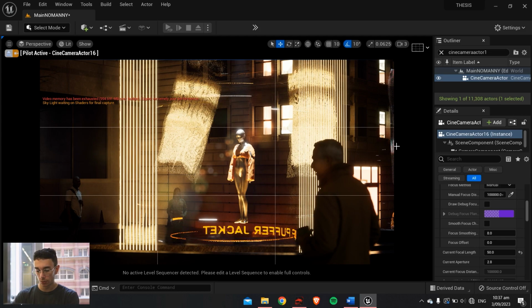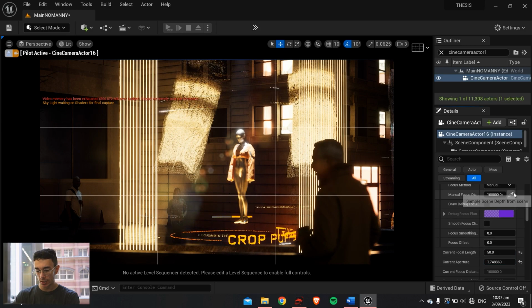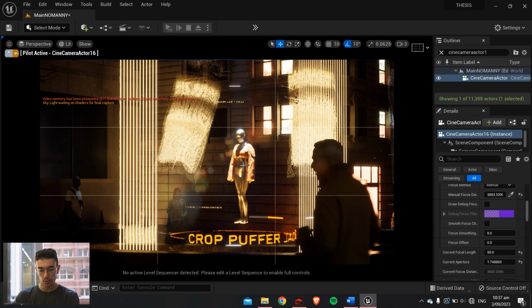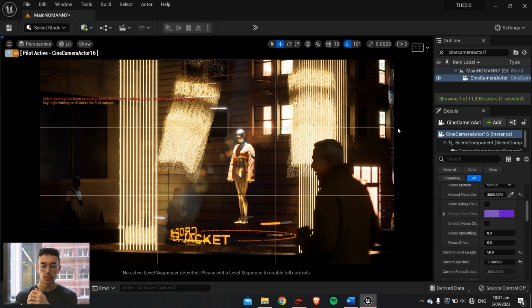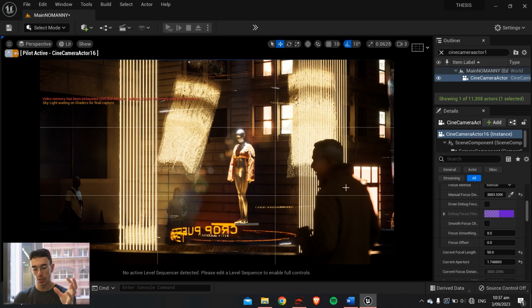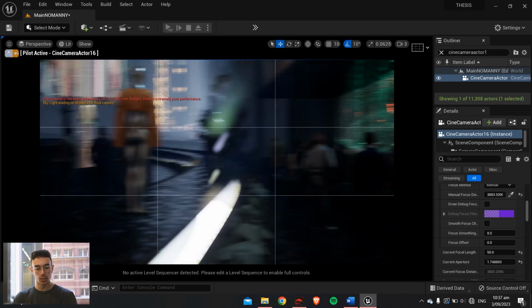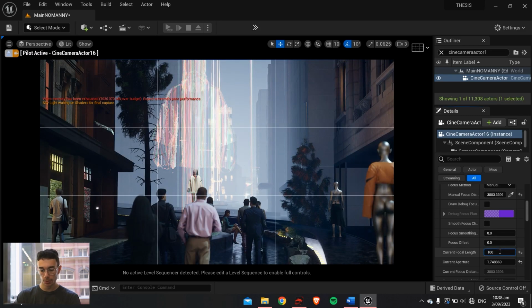You use a bit of aperture and focal length for this. You blur out the guy, and you set a manual focus distance. That creates a really cinematic looking shot using a 50mm lens. If you have a huge site that's even bigger than a city street, you can use 100 to 150mm, but